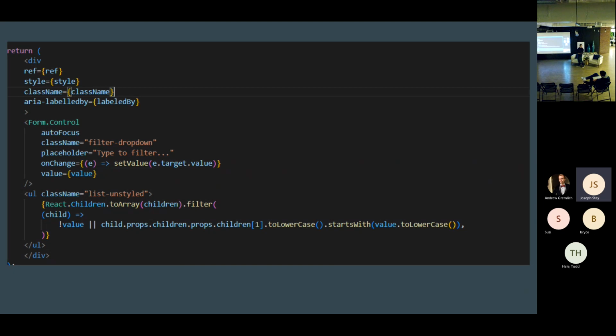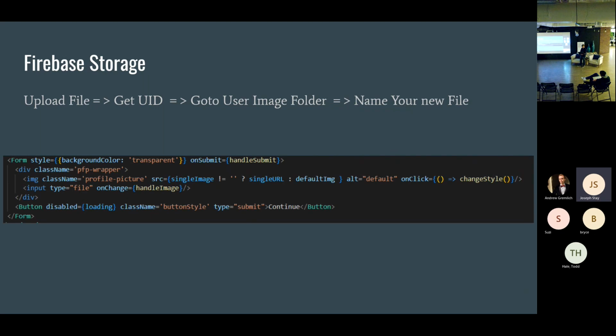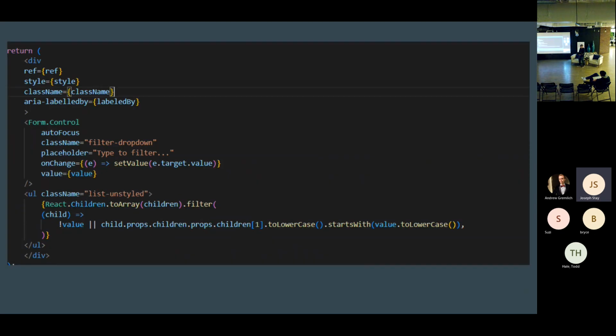Then we have the list of all the different items, and we want to make sure that we filter through each one of the items depending on what this value is. So the value.toLowerCase, and for this one, startsWith made a little bit more sense, because we figured that filtering through a drop-down is a little bit different than just a search bar. But that's really it for the drop-down menus.